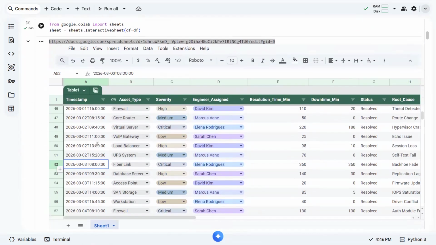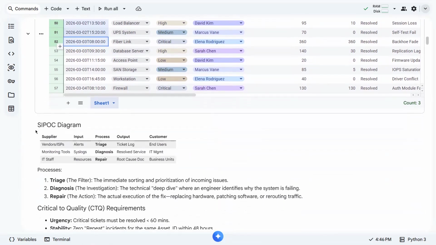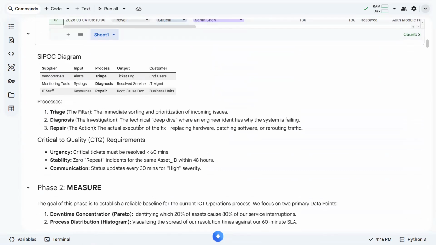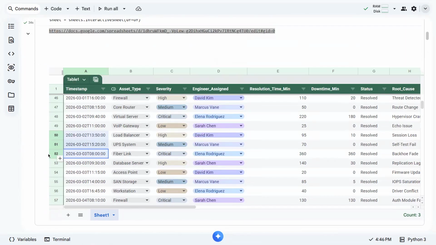Anyway, repair is the actual execution of the fix, such as replacing the hardware, patching the software, or rerouting the traffic. And in addition to that, we can also specify our CTQ, or critical to quality requirements, meaning